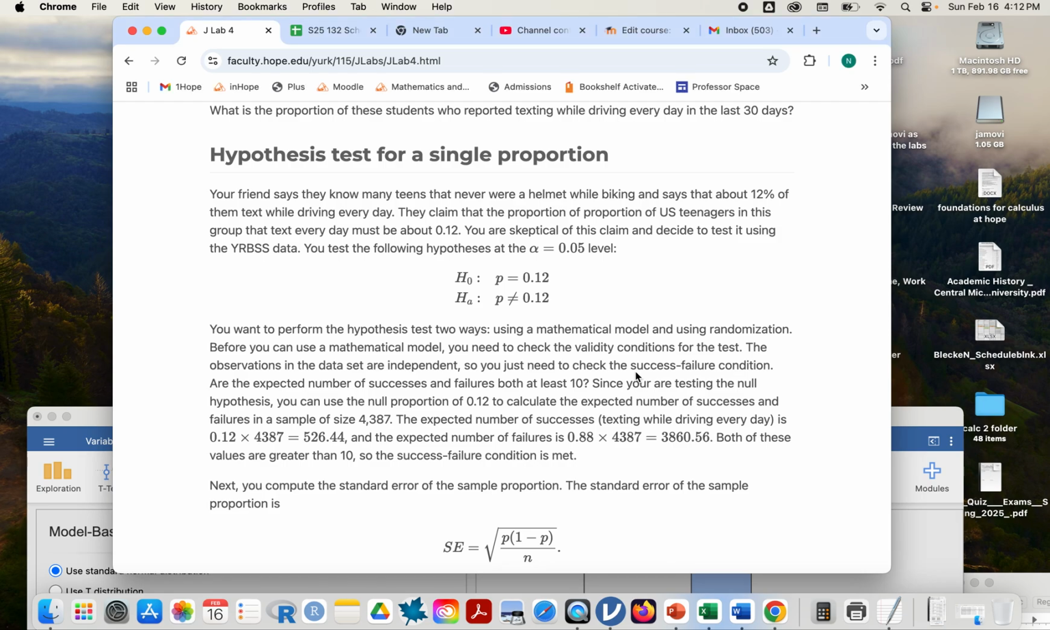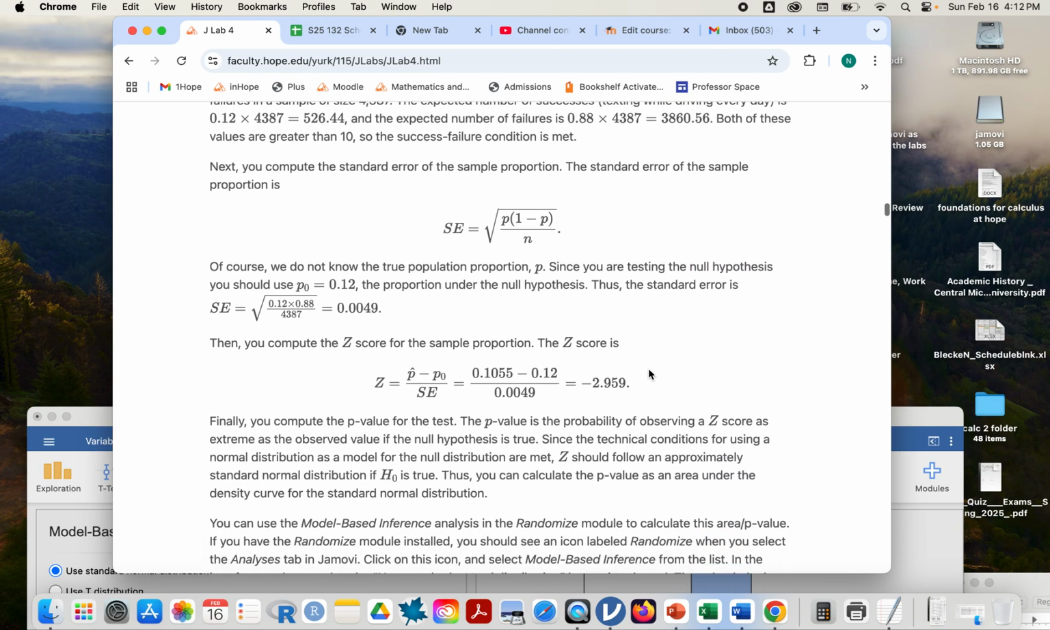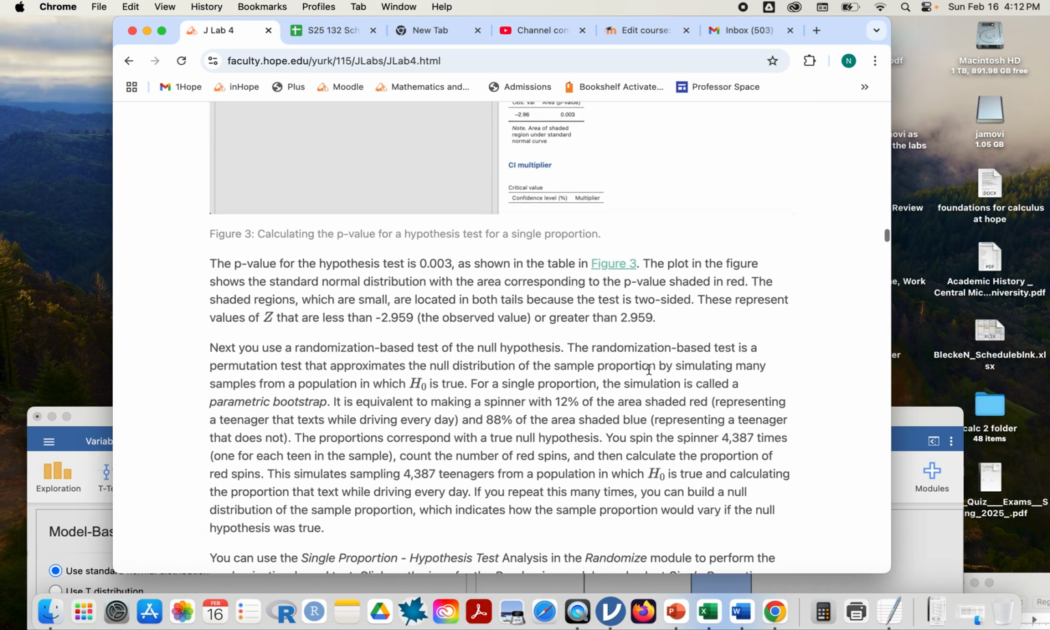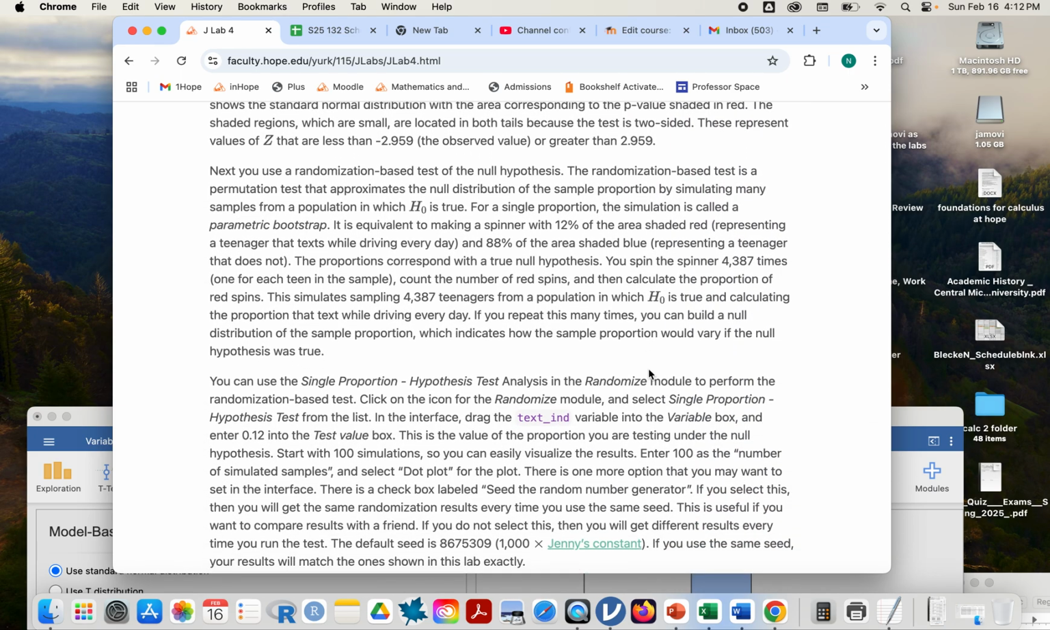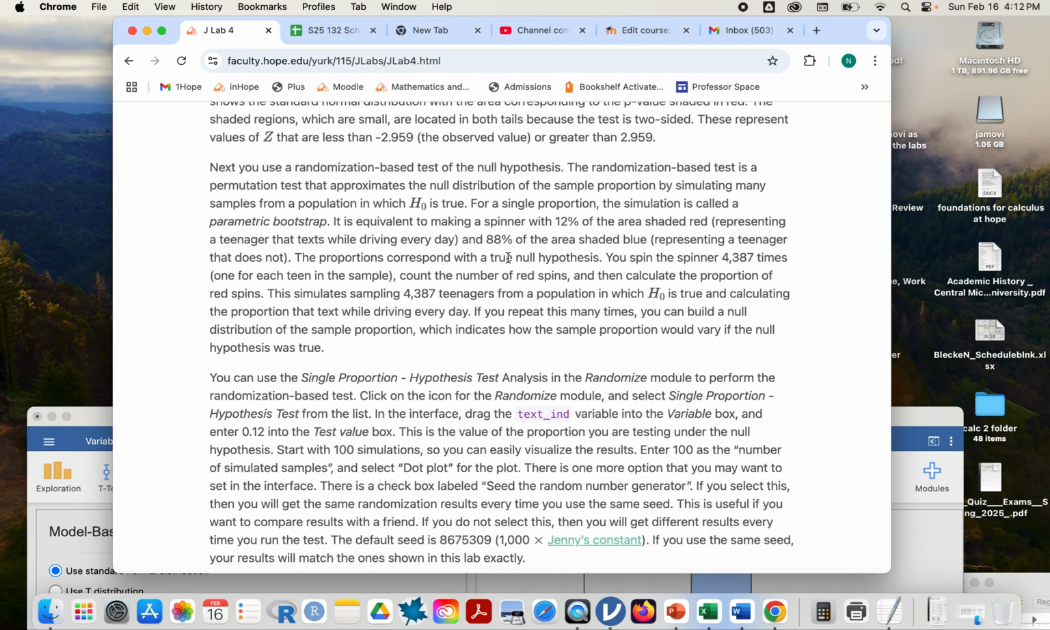We don't ever really say true because there's type 1 and type 2 errors. We just say, okay, we're going to say that the data is supporting the alternative hypothesis. All right, so I'm going to scroll back down here. And we're going to see how to randomize